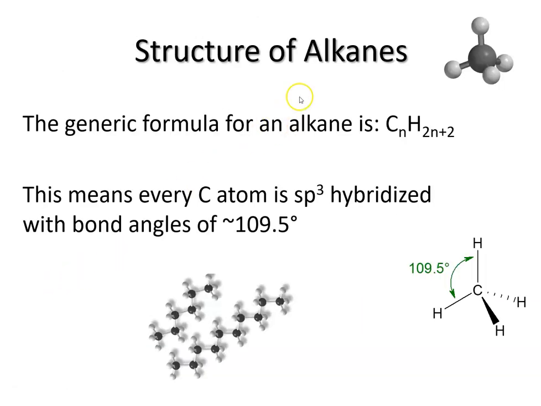The general structure for a linear alkane, which means it's just a straight chain, is CnH2n+2. So if we're looking at methane, where C is 1, 2 times 1 is 2, plus 2 is 4, so you can see that we have 4 hydrogens. If we make this a 2-carbon chain, then we use this same equation to determine the number